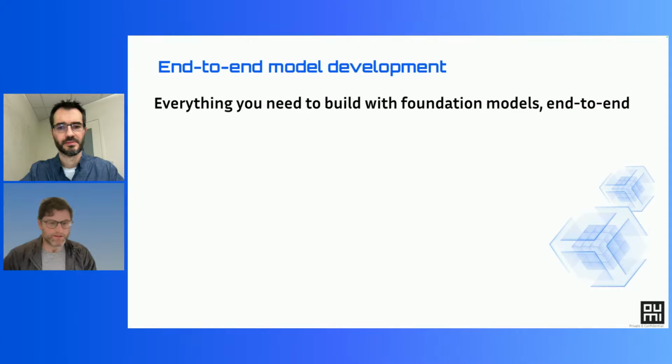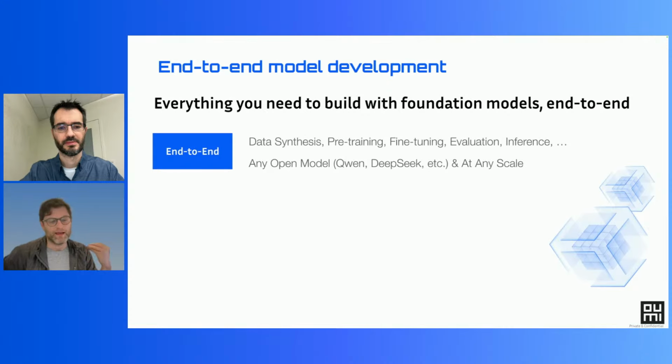Okay, so Oumi, an open source library that has everything you need for end-to-end model development. But what does that mean more specifically? End-to-end in the sense that it covers all steps of the model development pipeline. That's data synthesis, pre-training, and then post-training. So different types of fine-tuning, evaluation, and LLM-as-a-Judge is a type of evaluation, inference, and it's able to do that